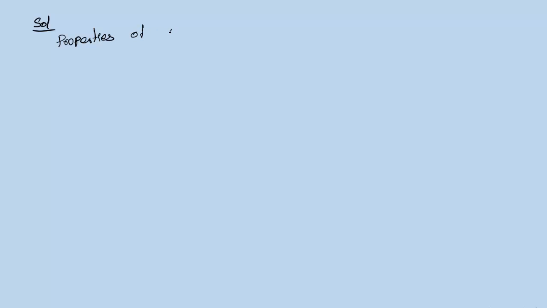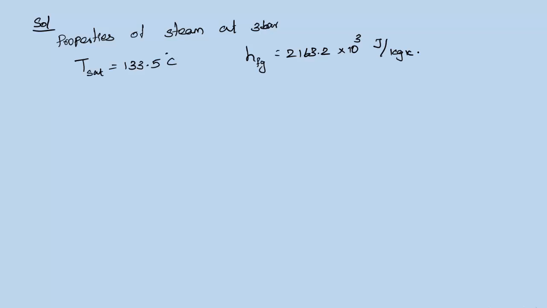Properties of steam at 3 bar. This has to be taken from the steam table, and the saturation temperature at 3 bar, you know that, is 133.5 degrees Celsius, and hfg value is equal to 2163.2 × 10^3 joule per kilogram Kelvin. These two values you have to take from the steam table in pressure table corresponding to the pressure value,